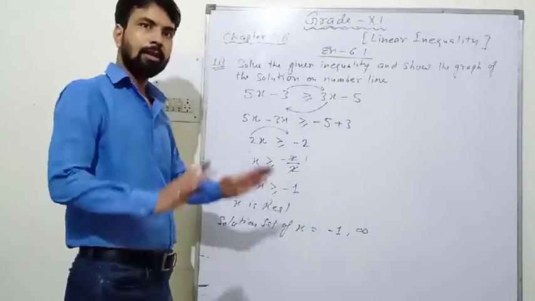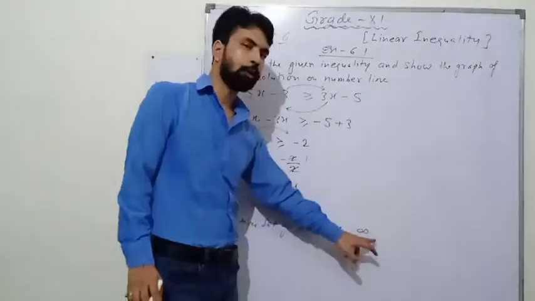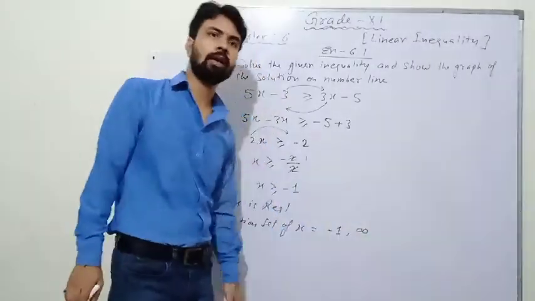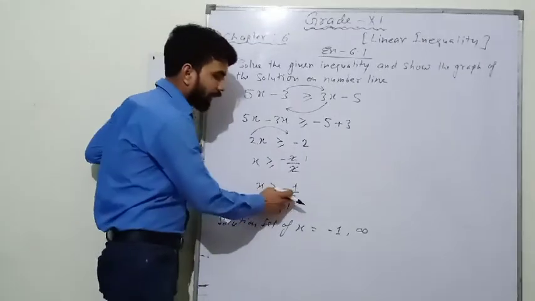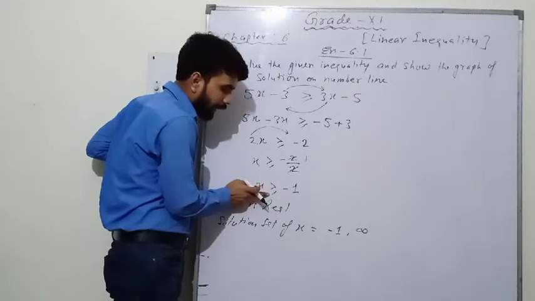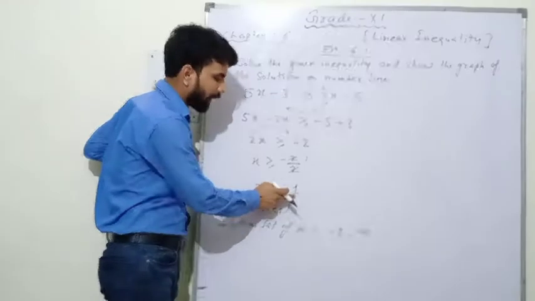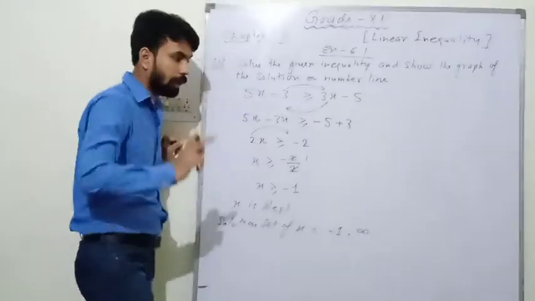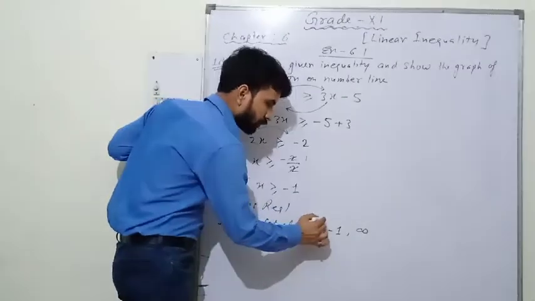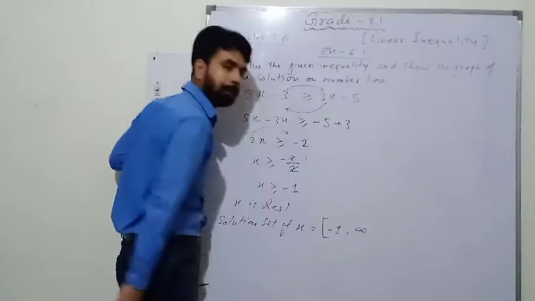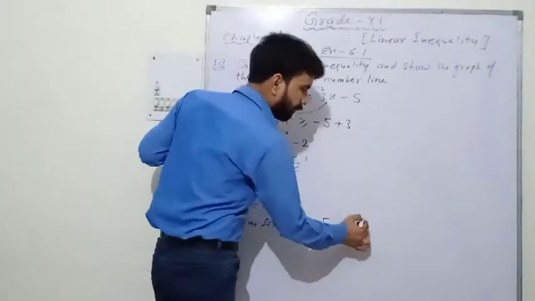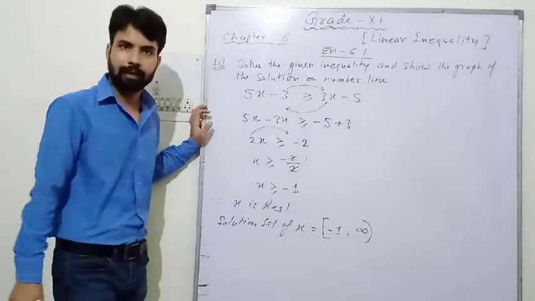Is it clear? Now which bracket we have to put here, a small bracket or a square bracket? So see, for minus 1 there is greater than and equals also. Equal sign is there, no? So for minus 1 we will have to put the square bracket. So minus 1 is here, so we will have to put a square bracket here. And for infinity we will have to put a small bracket.